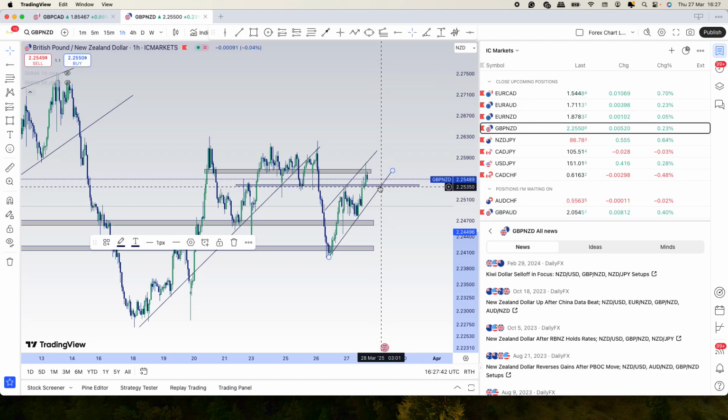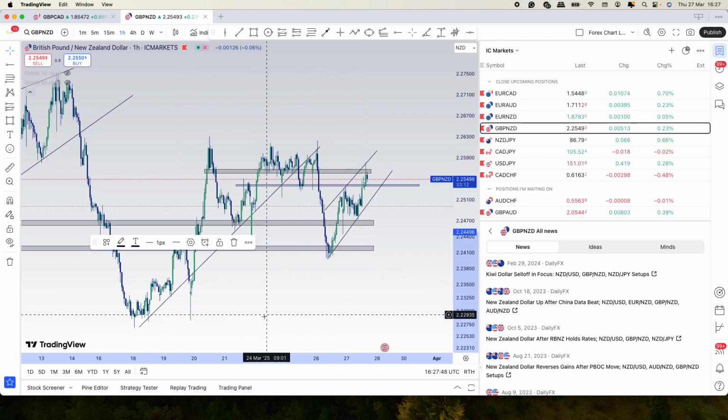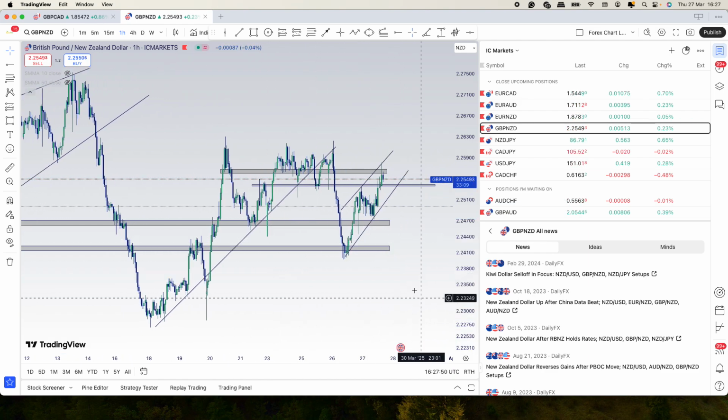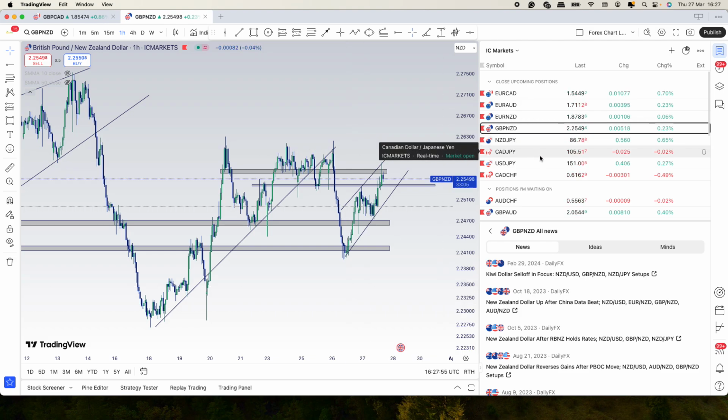If we break this level and we break this trend, we come to the downside, we're going to be looking at that in terms of an entry, because price is now kind of starting to get squeezed in a direction. It can't be like this forever. So yeah, this now brings me on to